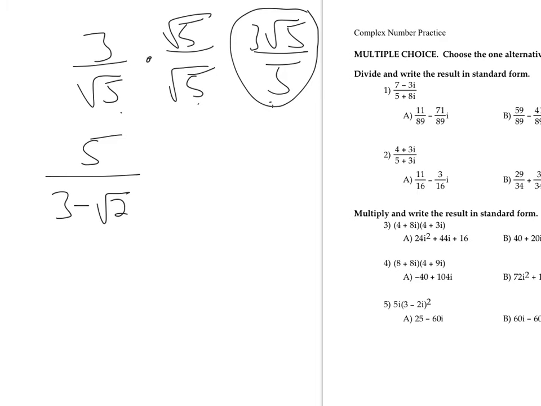I got a radical denominator. How do you get rid of that radical? Here it was easy because you could just multiply by whatever the radical was. But here we got a binomial going on. And if you think back to the difference of two squares,